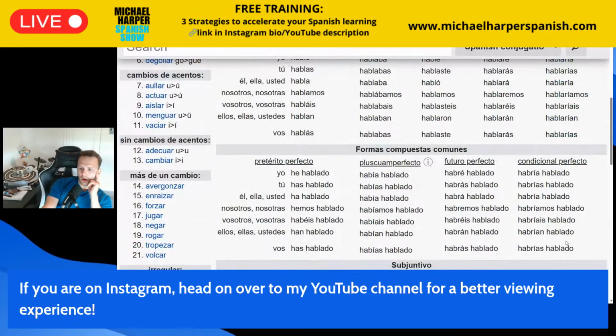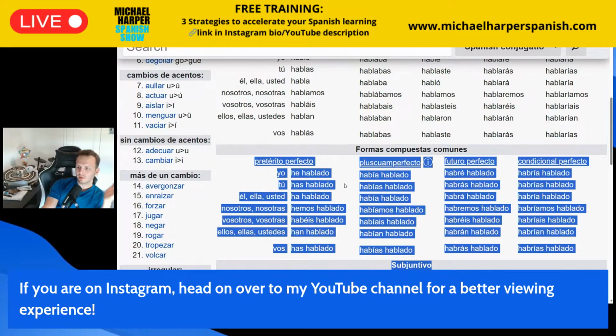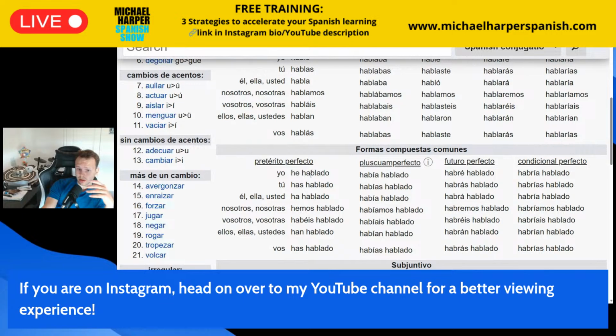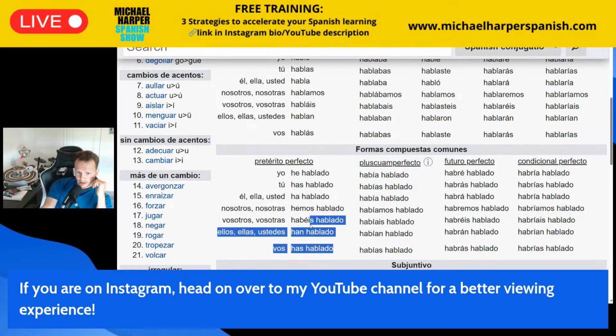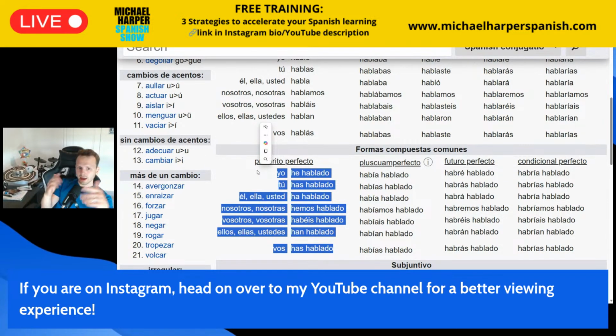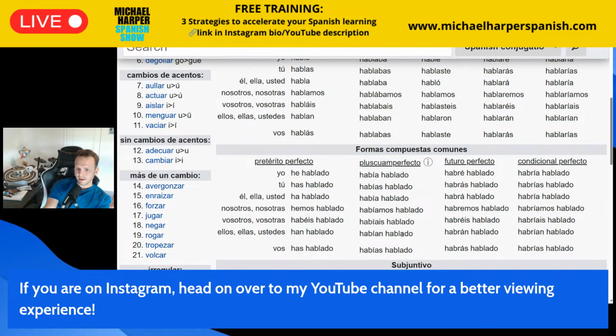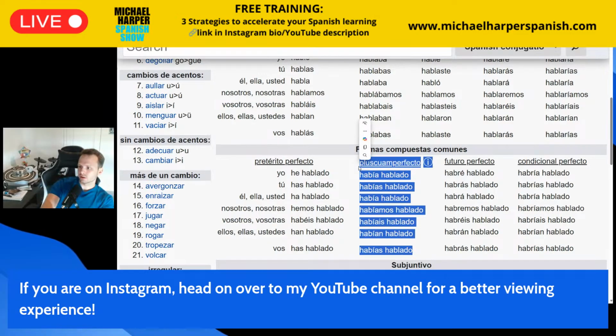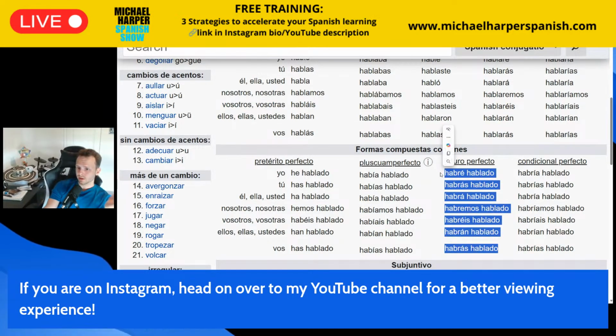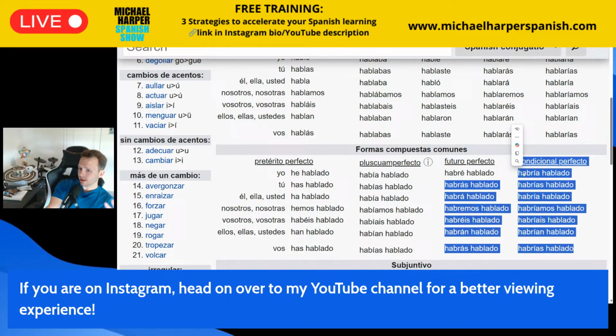Then you come down here, and all of this comes from the same verb, haber, which means to have done something. You've got I have, and notice how hablado is repeated in all of this. This just means the past participle version of hablar, which is spoken or talked. You don't have to worry about these grammar names. So all of this here, think of have talked: I have talked, you have talked, we have talked, they have talked. This, the había form, is had talked. This is will have talked. This is would have talked.